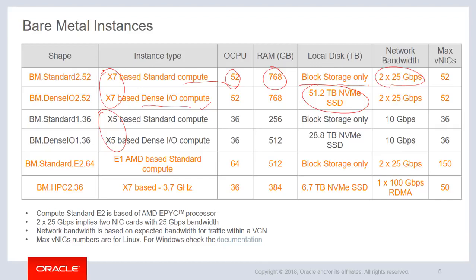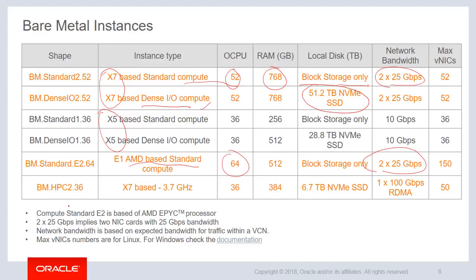So you should leverage and always use the latest generation compute instances available in the cloud. Now recently we have launched AMD EPYC based instances, and you can see the specs here. 64 OCPU, 50 Gbps network, block storage, half a terabyte of RAM, and we also recently launched, this is actually